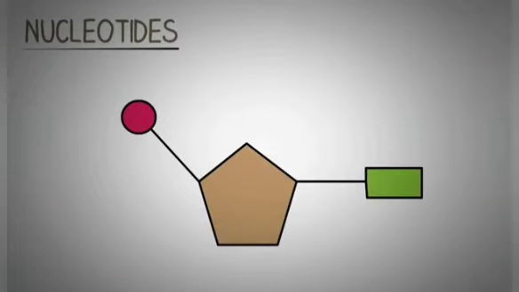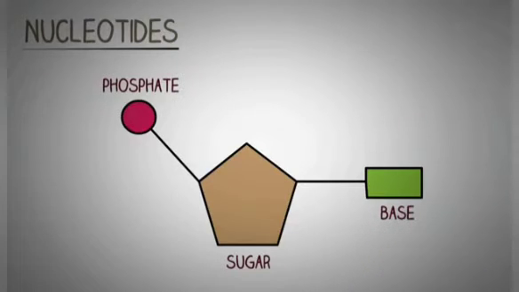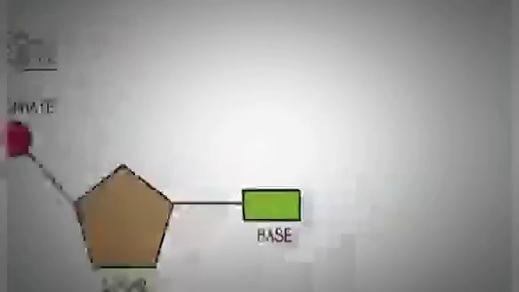Now this is a simple diagram explaining the structure of a nucleotide. As you can see, the single nucleotide is made up of three important groups: the phosphate, the sugar, and the nitrogenous base. And these groups are attached to one another by bonds, which we'll discuss later. To understand the complete structure of a nucleotide, let's try to understand the structure of these groups one by one.